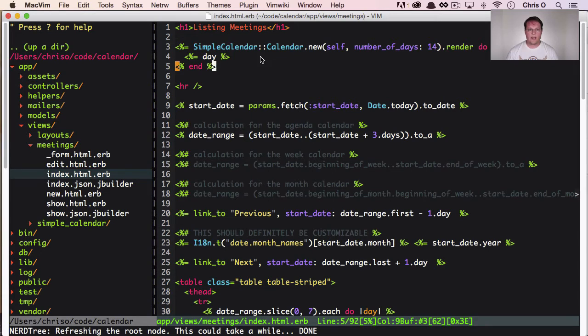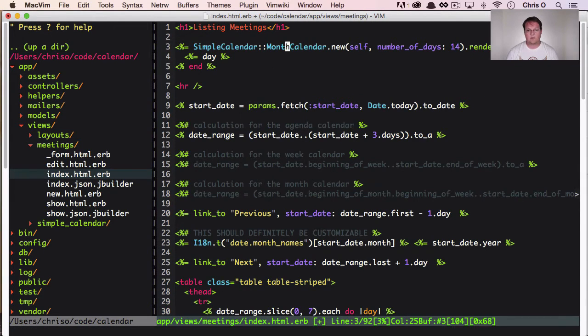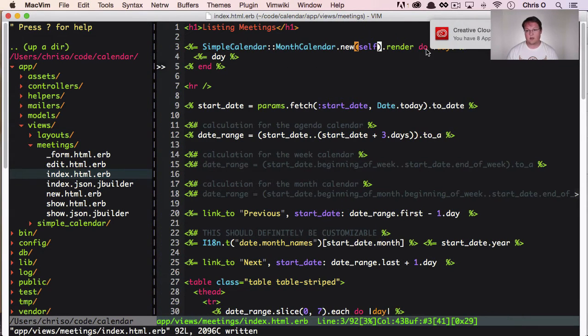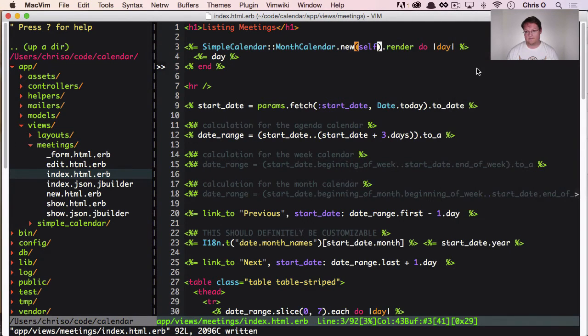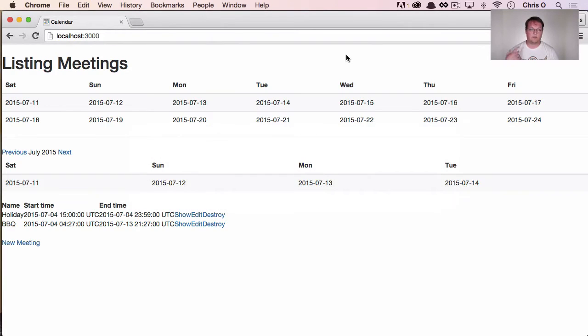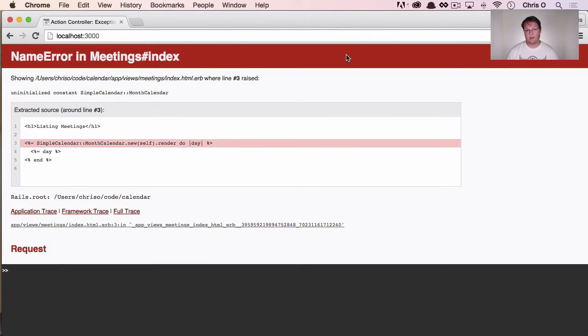And this is great, but we actually want to produce a month calendar now. So we have our regular generic calendar, and it'd be really killer to have a month-long calendar that we could just simply swap out by saying simple calendar, month calendar. We can remove this number of days option because we don't need that, and get rid of these notifications up here. And in theory, we should be able to just refresh this page and have a month calendar from our